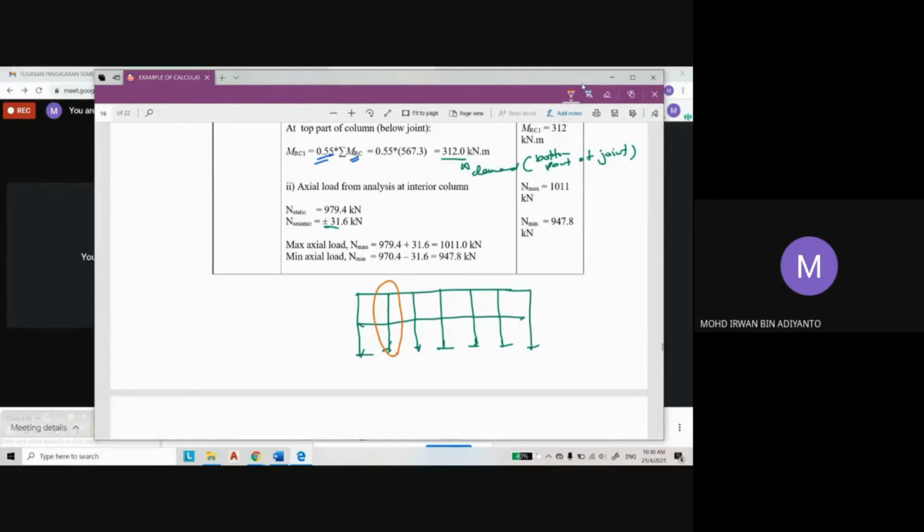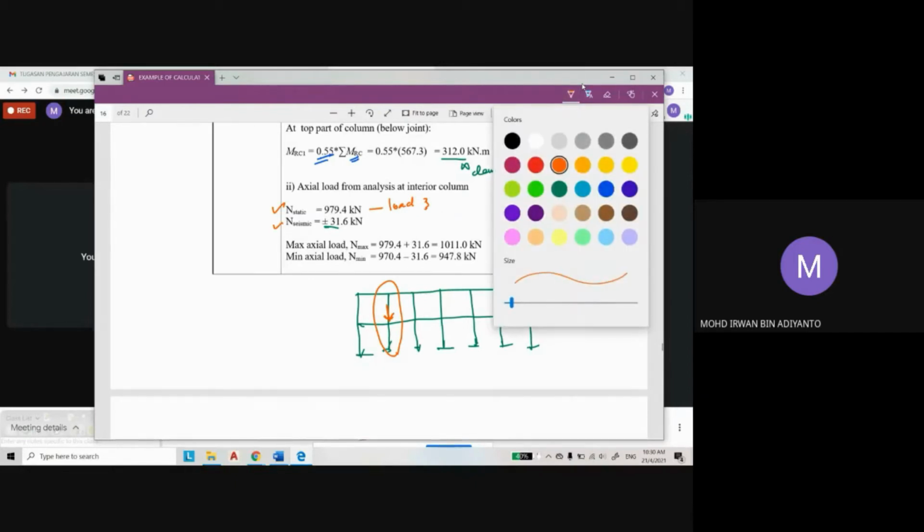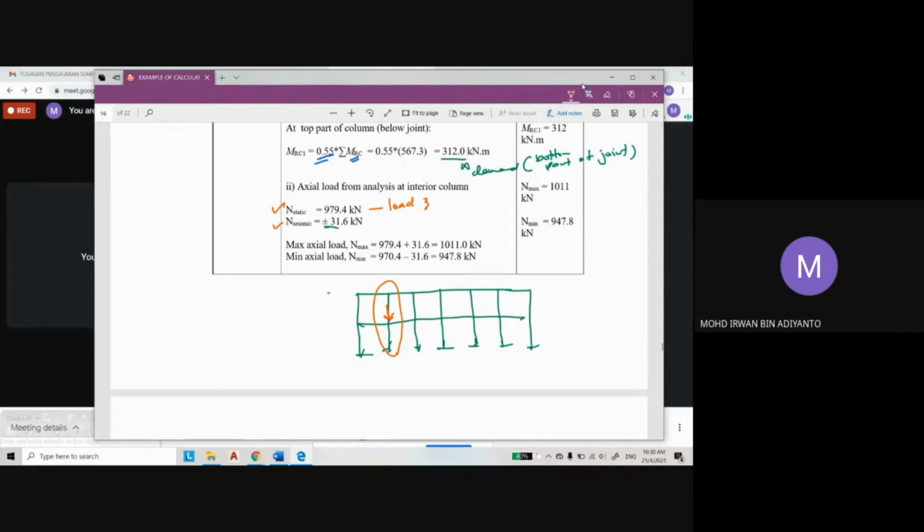You must know the gravity and static. This is from the gravity load case, which is load combination 3, and this is from the seismic load, which may be positive and negative, because the seismic acts from here and then it will act from here. So if the seismic load comes from here,